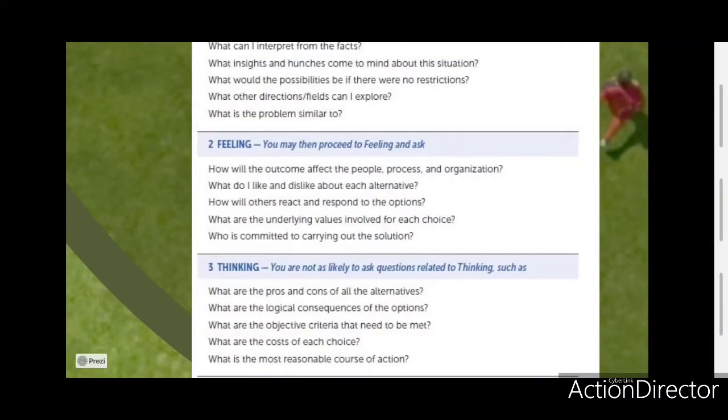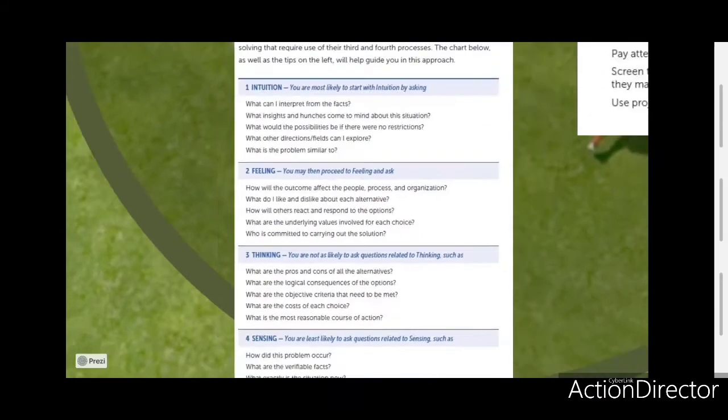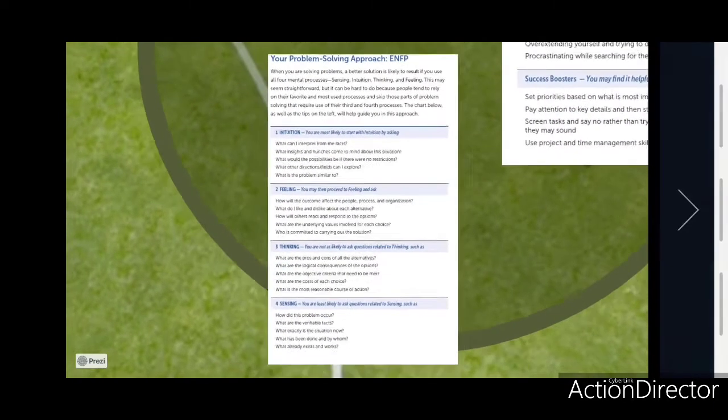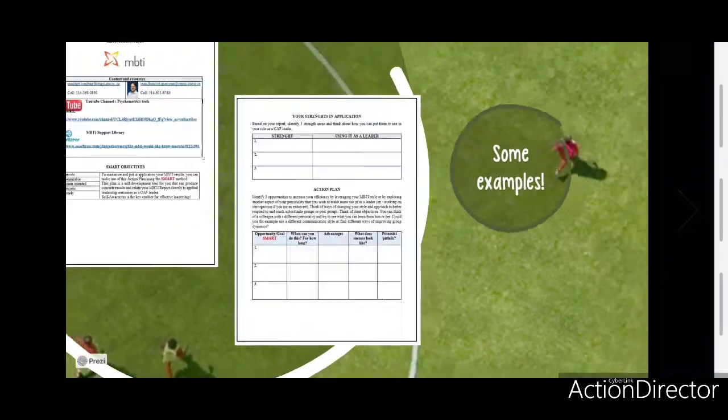If you want to switch over to thinking, you might want to check out what the T side of the house looks like when it's making a decision and try to match that with this particular approach to figure out how I can leverage this to improve my decision-making skills, to ensure I take into account my preference, but I also become more proficient and comfortable with the other side of the dichotomy. So these are some of the examples that you can use to feed the action plan.